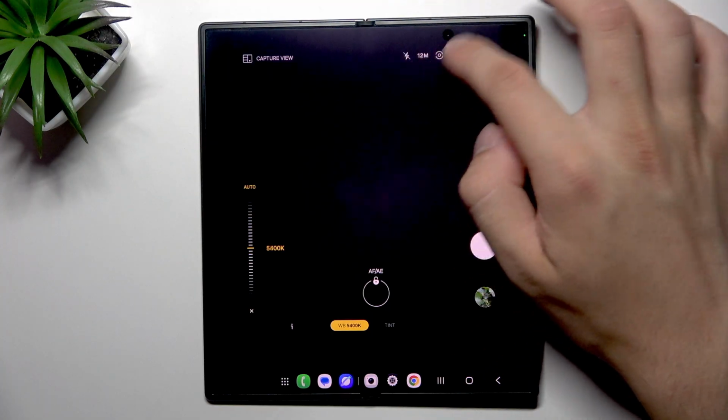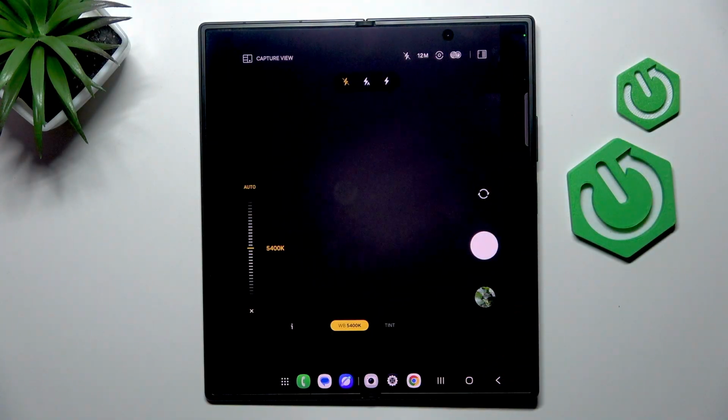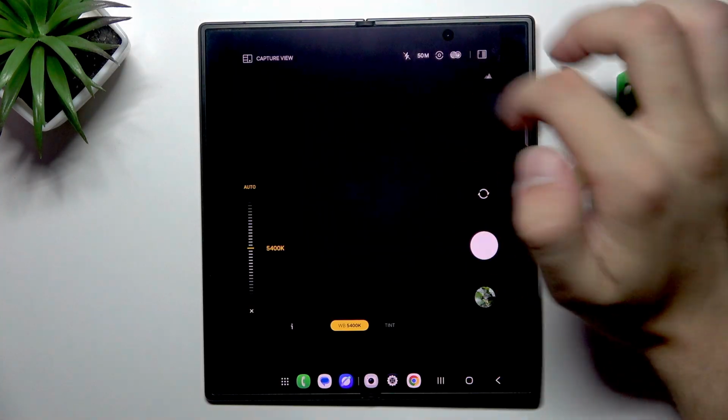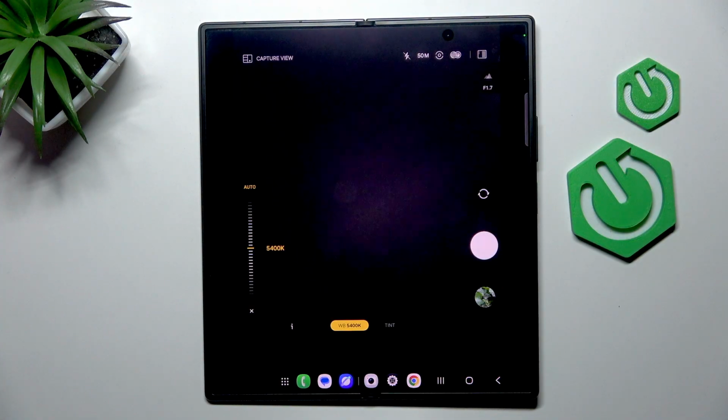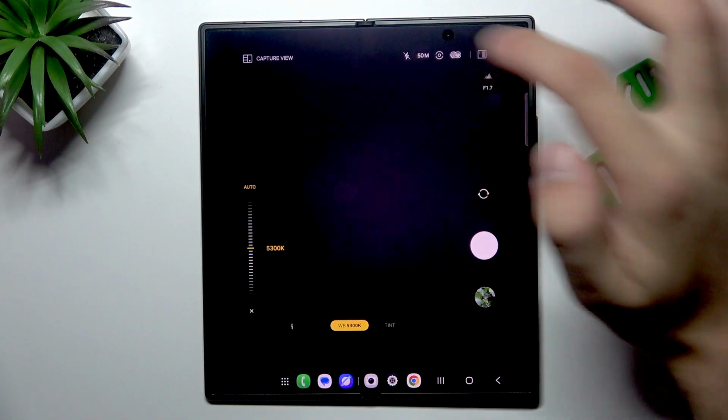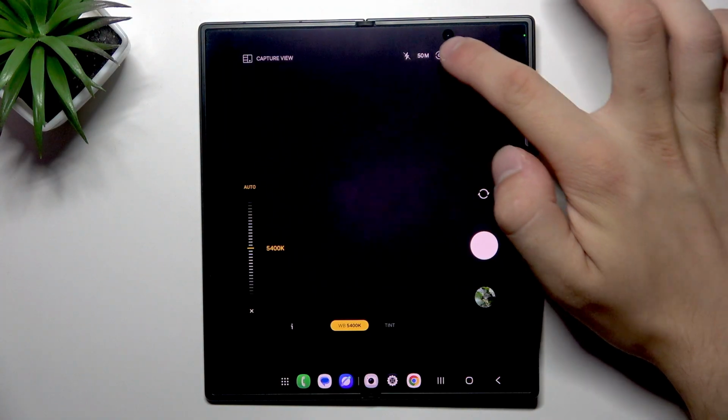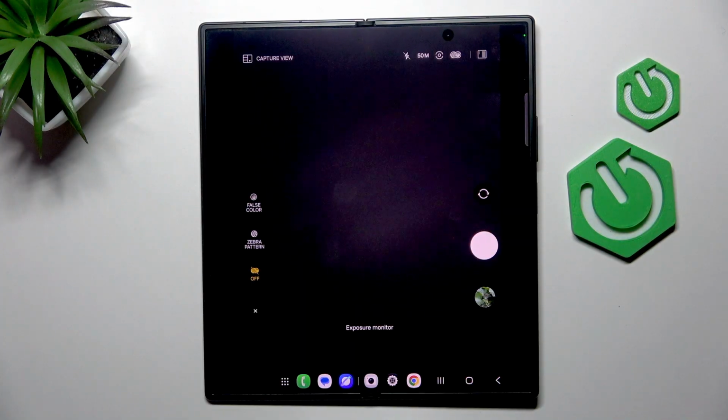Also, you can right here enable the flash, change the megapixels of the camera, change the front and back camera, and right here put in the